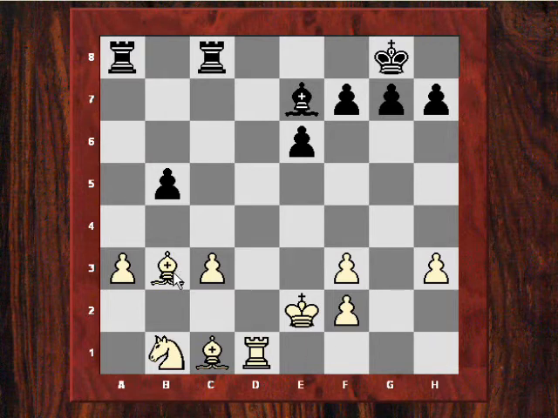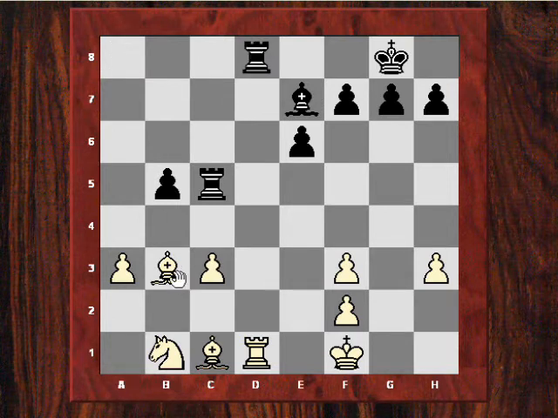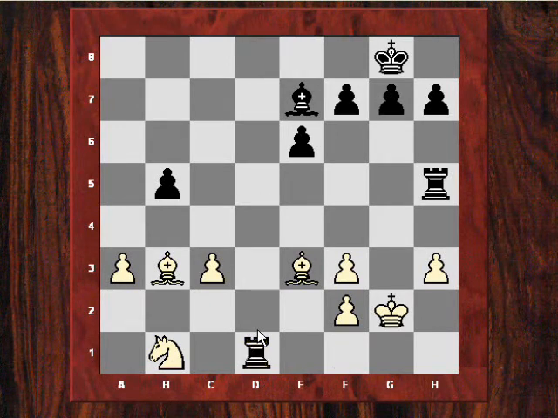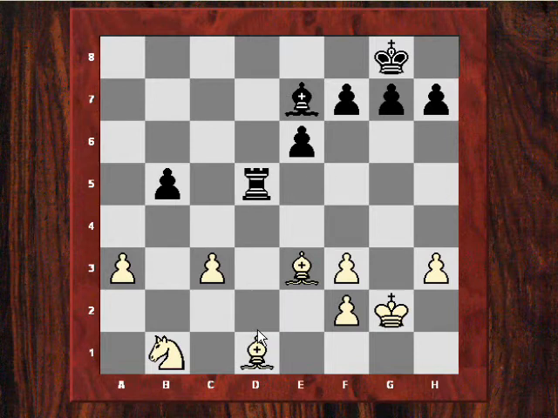White's pieces are growing in strength. King f1, and now bishop e3, offering the trade of rooks. Black first of all takes, before taking on d1, plays rook h5, and after king g2 now takes on d1, and now we see rook d5, bishop e2,